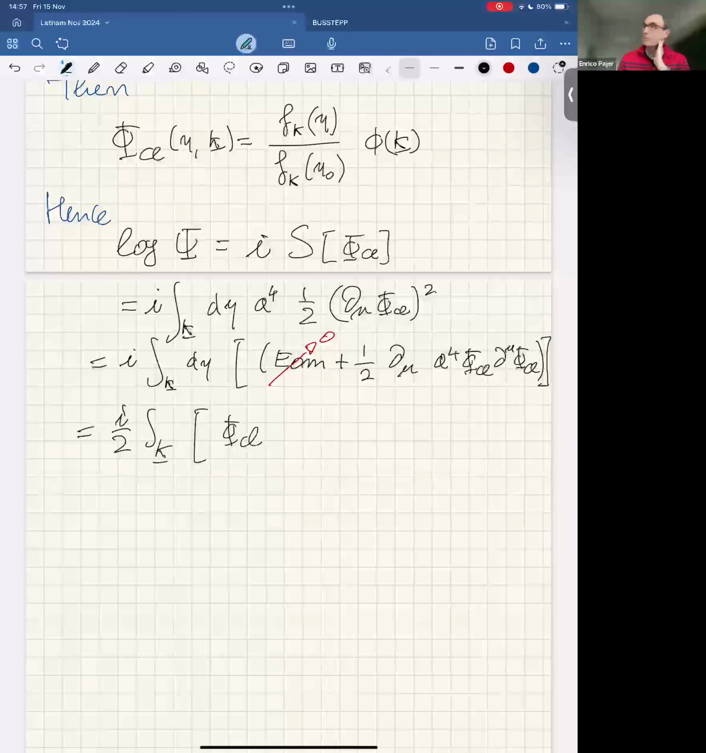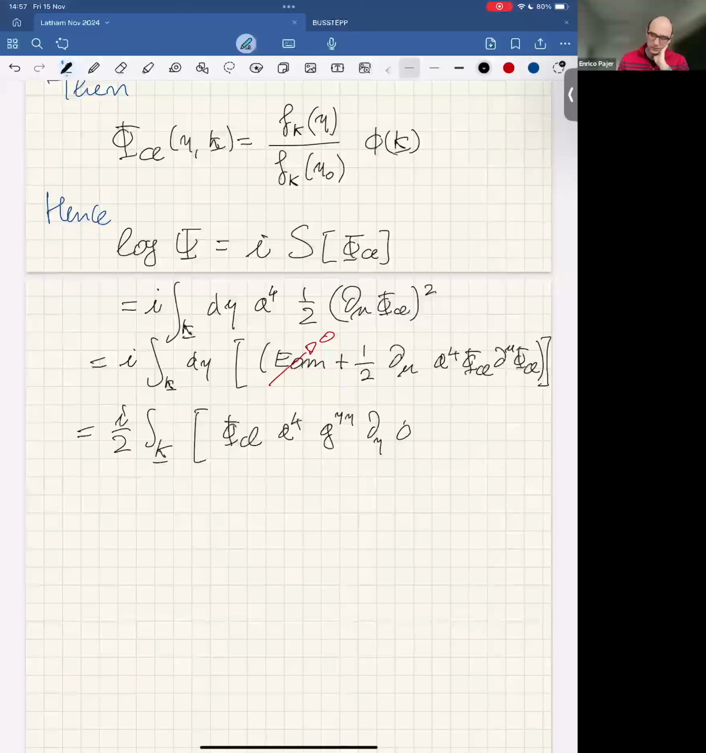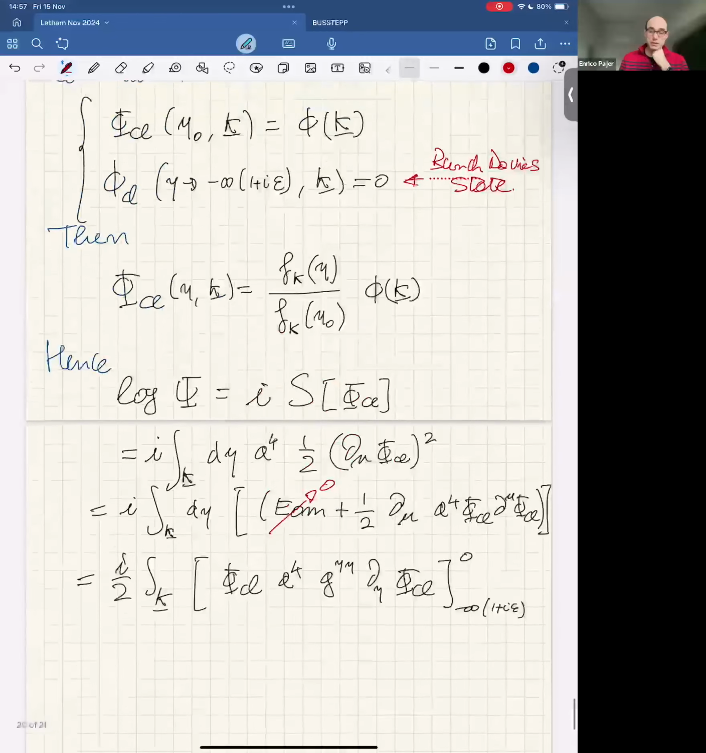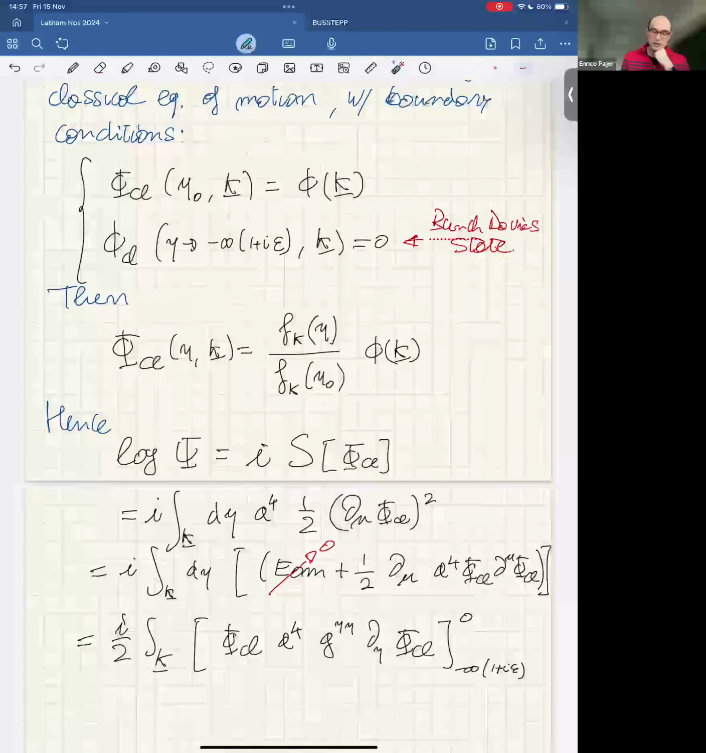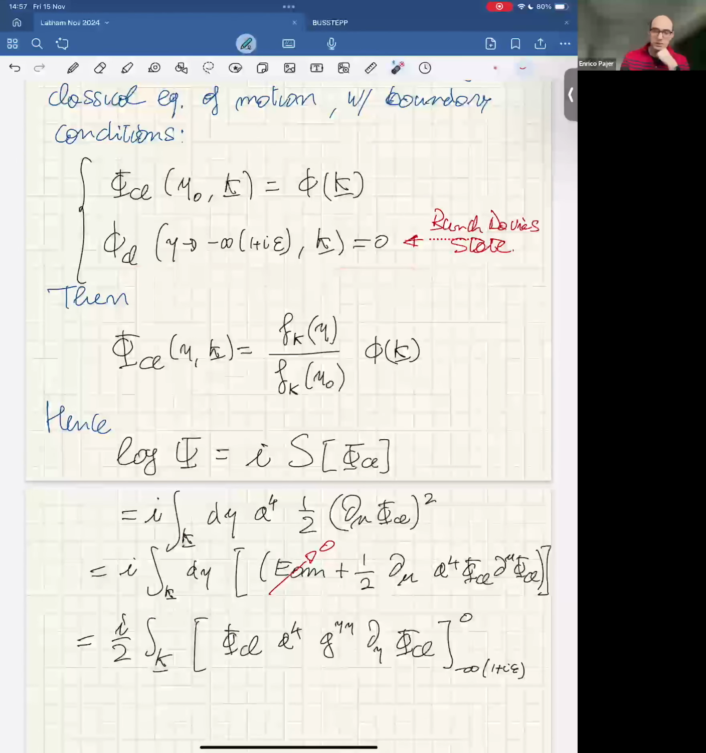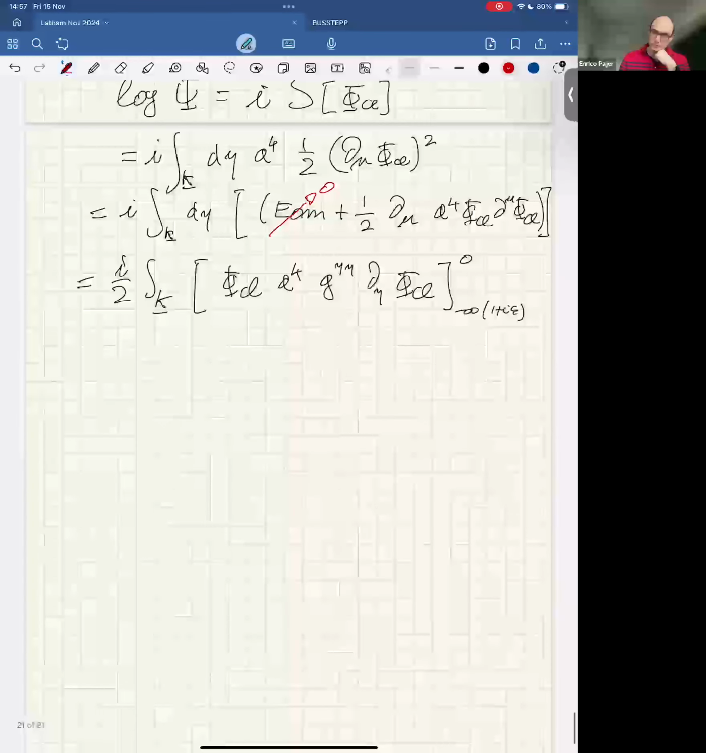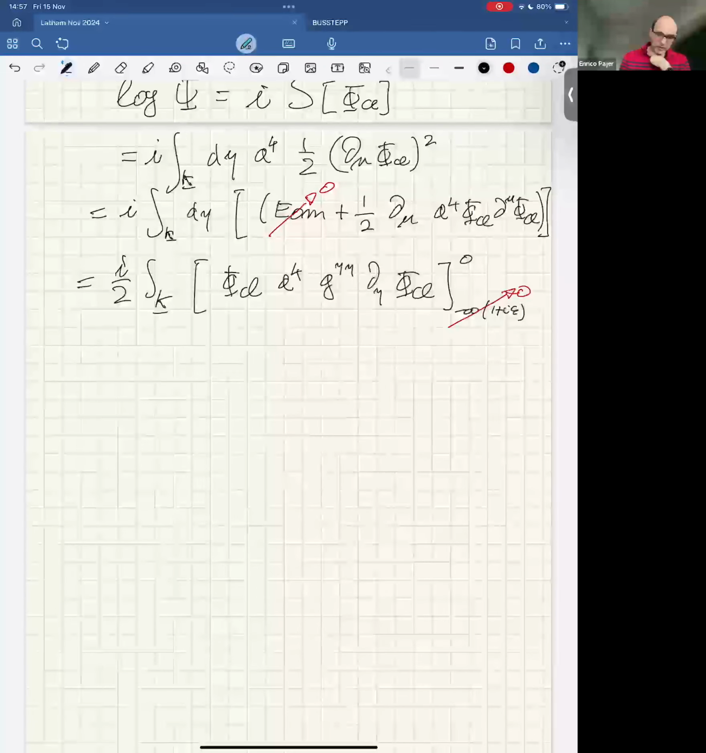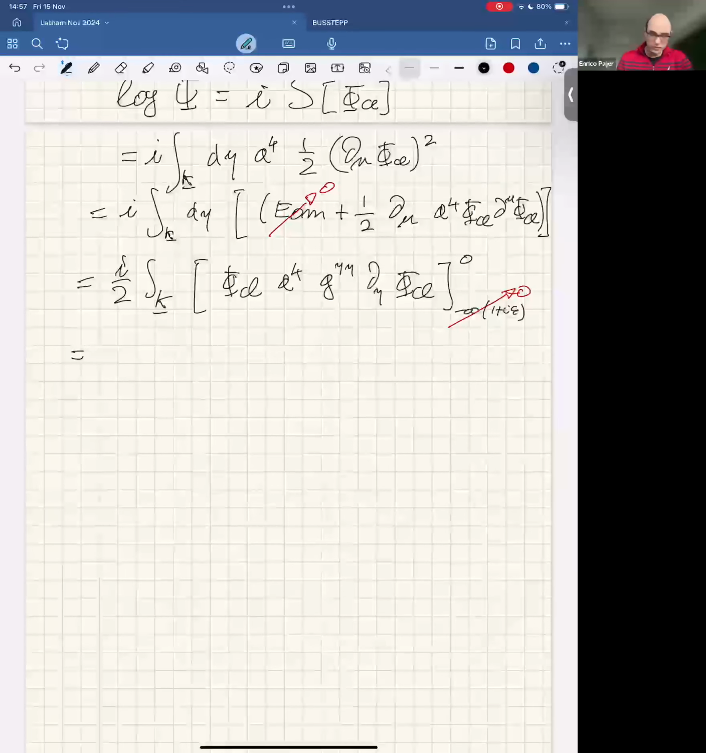phi classical, when you put the a to the fourth, the inverse metric, the time derivative of phi classical, and it all should be evaluated at the two boundaries of the integral, minus infinity (1 plus i epsilon) and 0. At minus infinity, we just put the boundary condition that the solution vanishes, so that we can drop. And so the solution is just